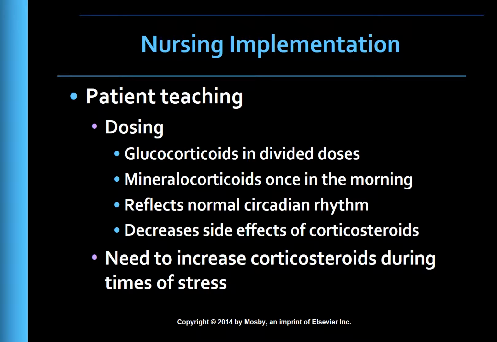Patient teaching regarding drug administration. Glucocorticoids are usually given in divided doses, 2/3 in the morning and 1/3 in the afternoon. Mineralocorticoids are given once daily, preferably in the morning. Hydrocortisone contains both glucocorticoids and mineralocorticoids. Fludrocortisone has only mineralocorticoids. This dosage schedule reflects normal circadian rhythm in endogenous hormone secretion and decreases the side effects